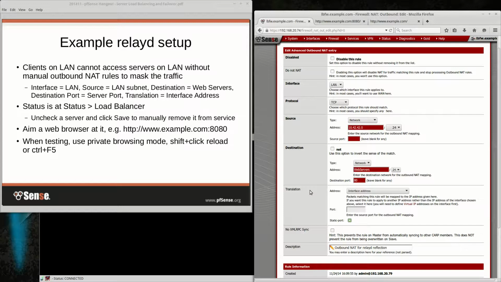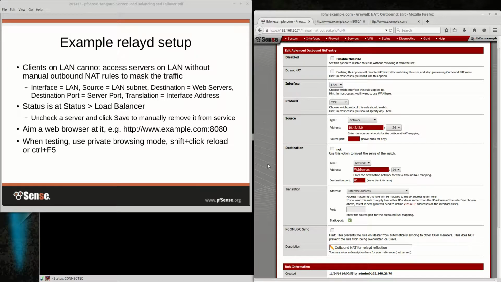So that's a good way to get your clients and servers to coexist in the same LAN if they have to. We really strongly recommend keeping your servers off in a DMZ or somewhere separate. But a lot of times we acknowledge that's not really a viable thing for some people, and they really need to keep things together. So in that case, you do need the NAT. Downside of that is that your server will not see the true client address in that case.